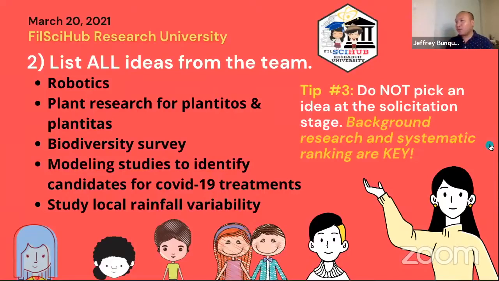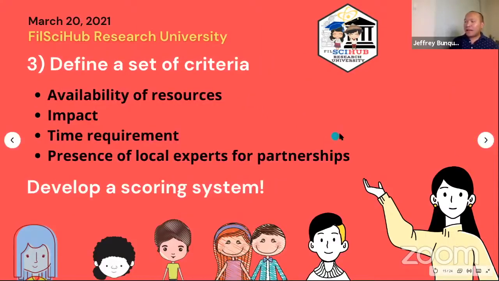So for example po, pagdating po sa sinabi nating ranking criteria, posible pong students, you proposed these topics, but then you have to perform background research in a span of 2 to 3 weeks, and you should answer these questions. So for the idea that you're proposing, are there available resources? Second is, what would be the impact of your research? Third, very important attribute is, would the research you're proposing be doable within 4 to 6 months? And your answers to these things should be based on background information.